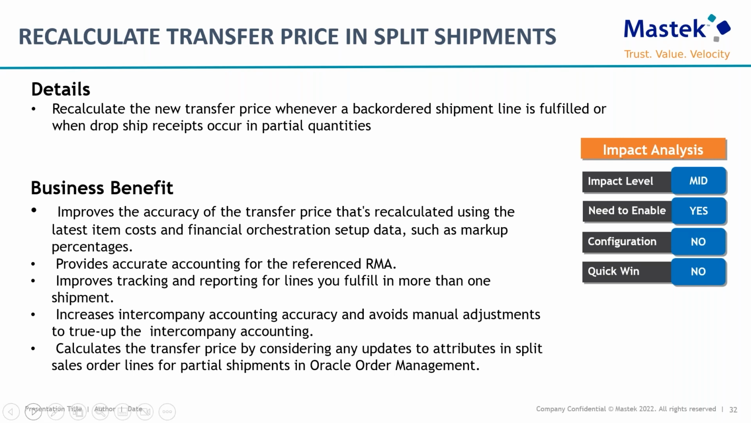of the transfer price that's recalculated using the latest costs and the financial orchestration setup data, such as the markup percentages, provides accurate accounting for the referenced RMA that is organized, improves the tracking and reporting for lines you fulfill in more than one shipment, increase intercompany accounting accuracy and avoids manual adjustments to true up the intercompany accounting, calculates the transfer price by considering any updates to attributes and split sales order lines for partial shipment or in Oracle